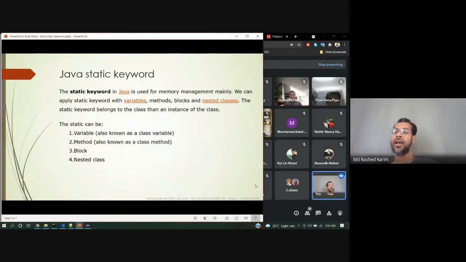Like I have 3 objects of a student class, like Golam, Sulaiman, then Nuri. Golam has a different ID, and Nuri has also a different ID. So the ID depends on the instance or object.